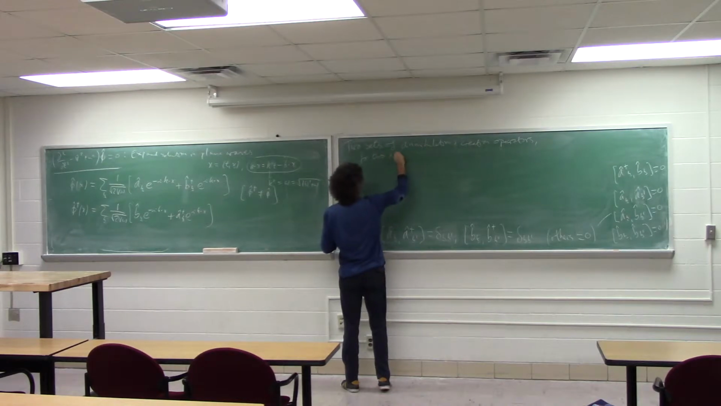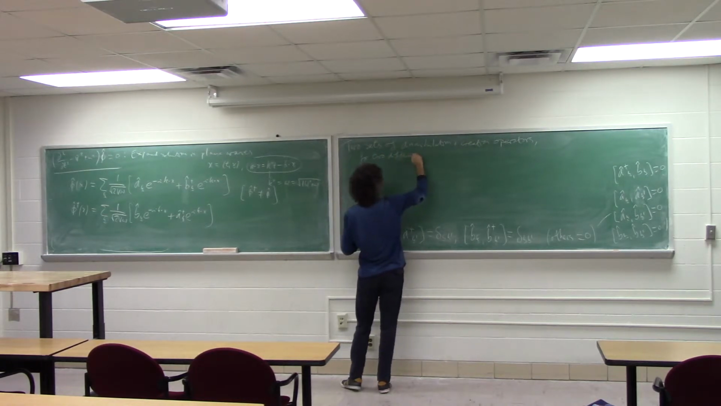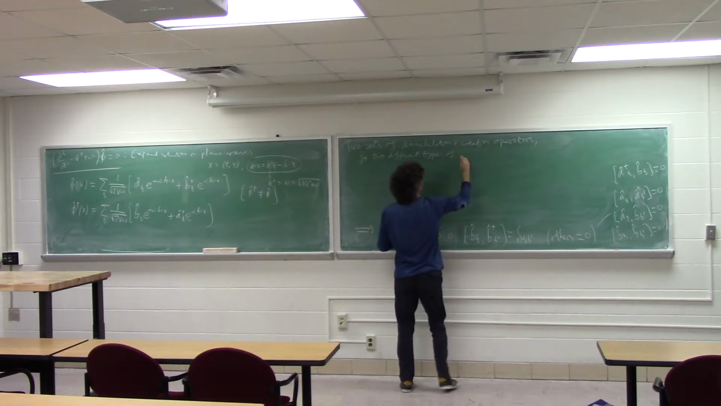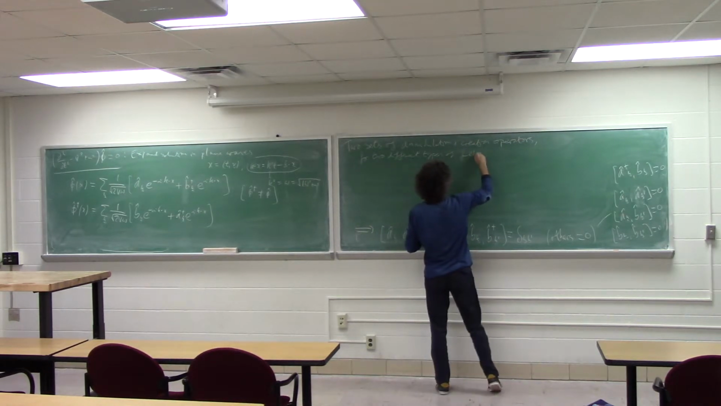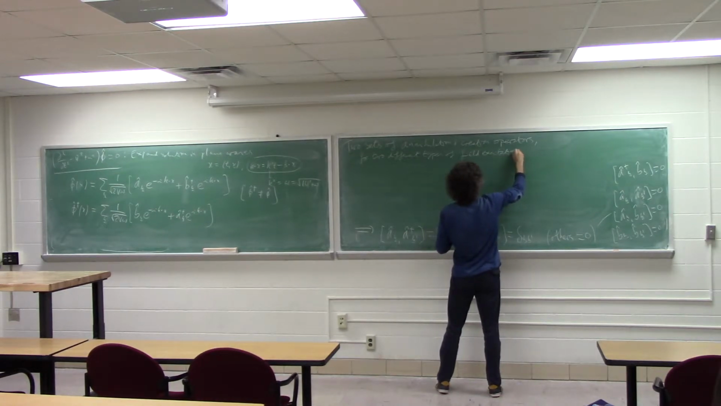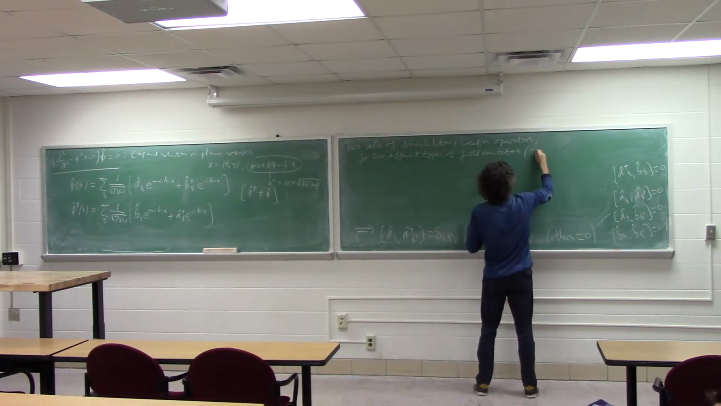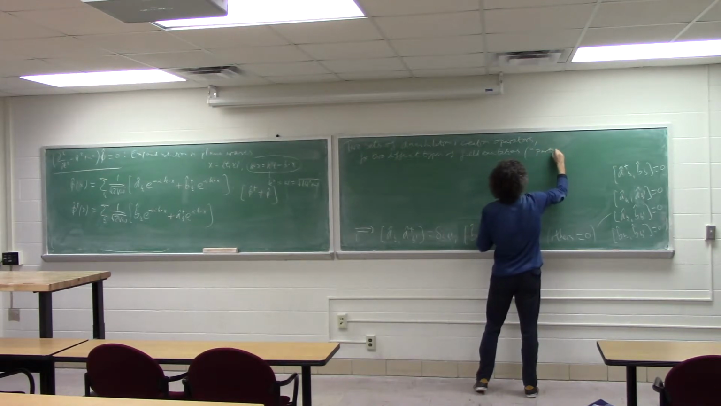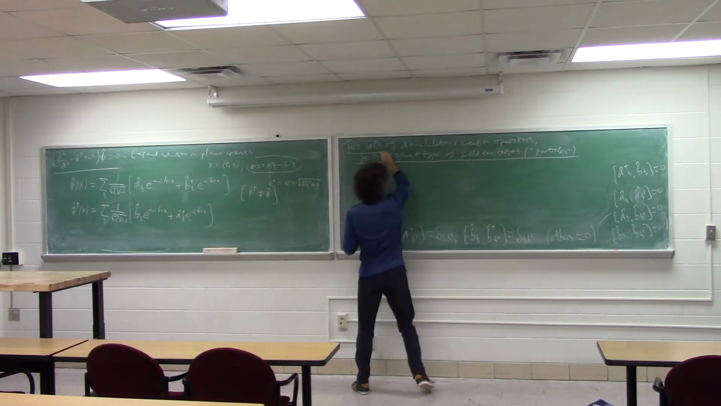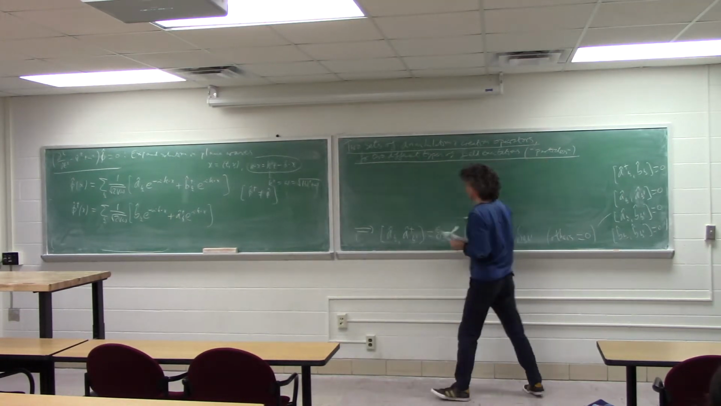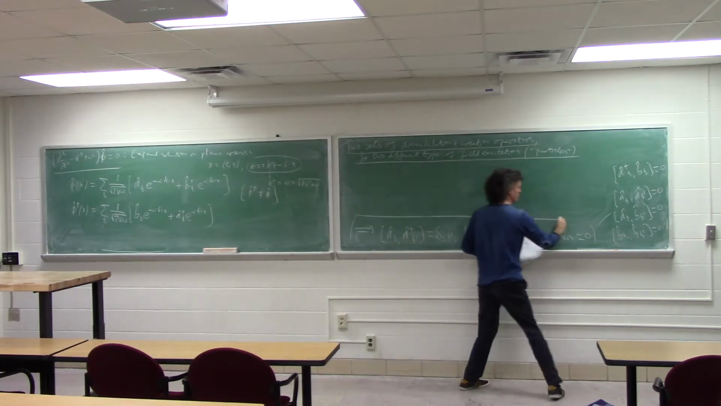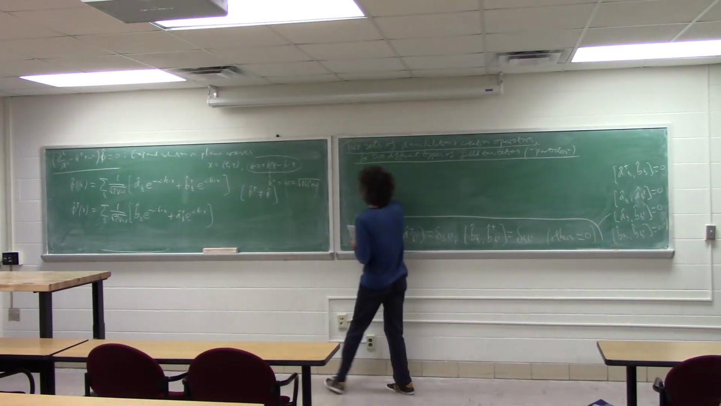For two different types of field excitations, or what are heuristically called particles, we have two sets of annihilation and creation operators. So if you like, you could call them the